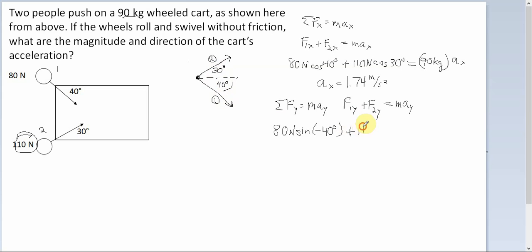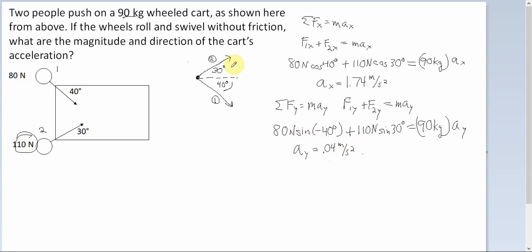Plus, the other force is 110 newtons, sine of 30 degrees, and that once again is 90 kilograms times a sub y. And it turns out these two forces are going to almost completely cancel each other out. So when we plug all this in and we calculate a sub y, we get a sub y equals 0.04 meters per second squared. All right. So we've got the x and y